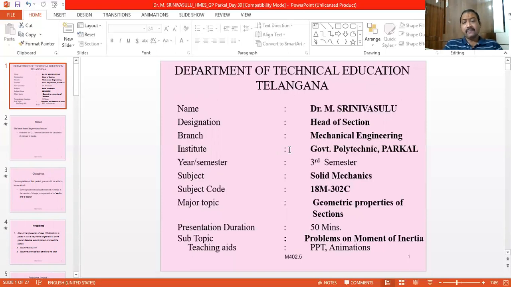So firstly we have to find out the centroid, and then we have to go for the moment of inertia. And for this you need to remember the formulas of the coordinates of the standard figures, for example rectangle, circle, triangle, because any figure is a combination of these standard figures. It may have a combination of the rectangle, circle, triangle, an arc, or a part of a circle.